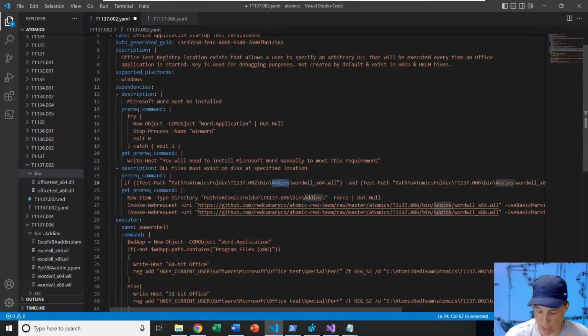And we just put it right in our bin folder. We didn't put it in an add-ins folder because it's not an add-in. And we called it Office Test DLL. So we're making sure that exists, and also